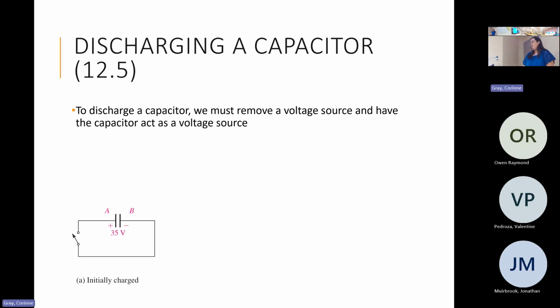So for discharging, what we are going to assume happens is we are taking out our battery and replacing it with an ideal wire. Or if we have a more complicated circuit, what we might have is a battery, our parallel plate capacitor, and there's some switch